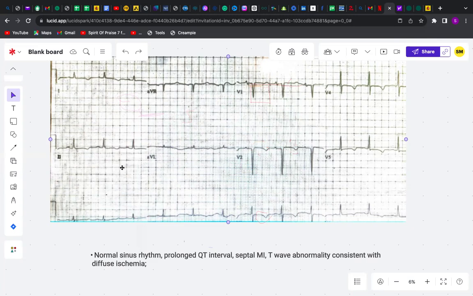But there's something we call the corrected QT interval. Why do we have to use this to calculate the QT? This is because the QT interval itself, from the beginning of the QRS complex to the T, varies with the heart rate. So we use the corrected QT to adjust the QT interval for the heart rate to provide a more accurate measurement. The Bazett's formula is used, and the Bazett's formula is